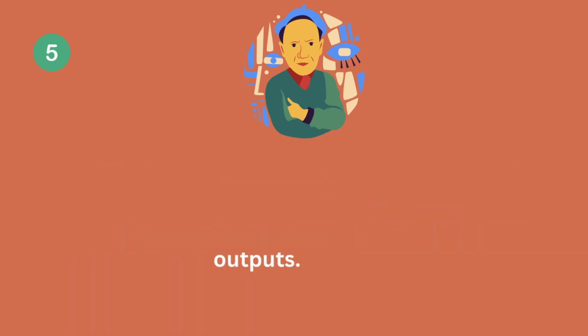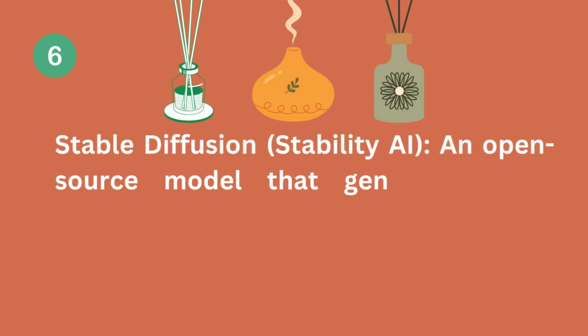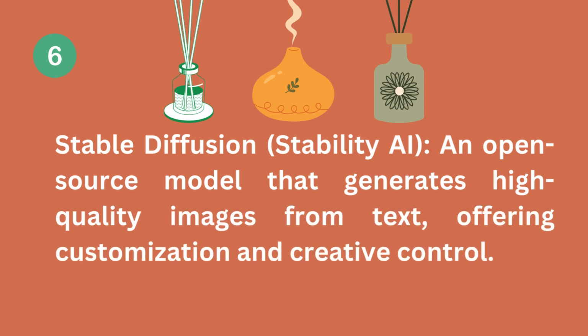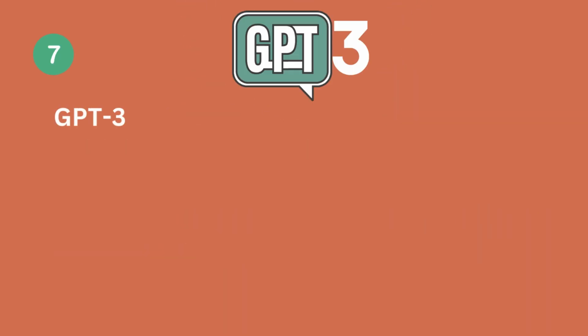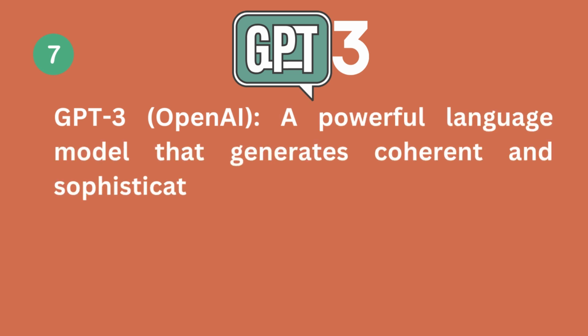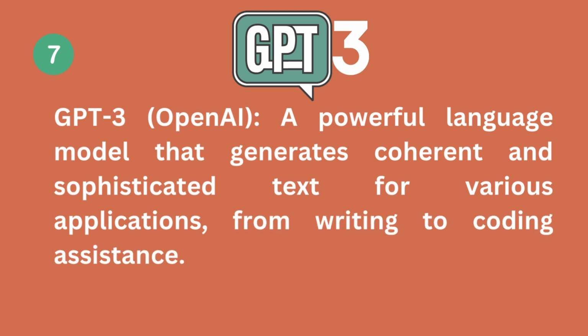visual outputs. 6. Stable Diffusion. Stability AI, an open-source model that generates high-quality images from text, offering customization and creative control. 7. GPT-3. OpenAI, a powerful language model that generates coherent and sophisticated text for various applications, from writing to coding